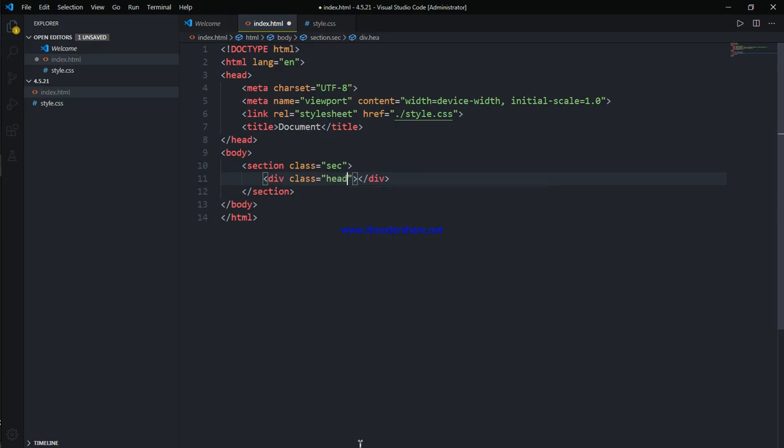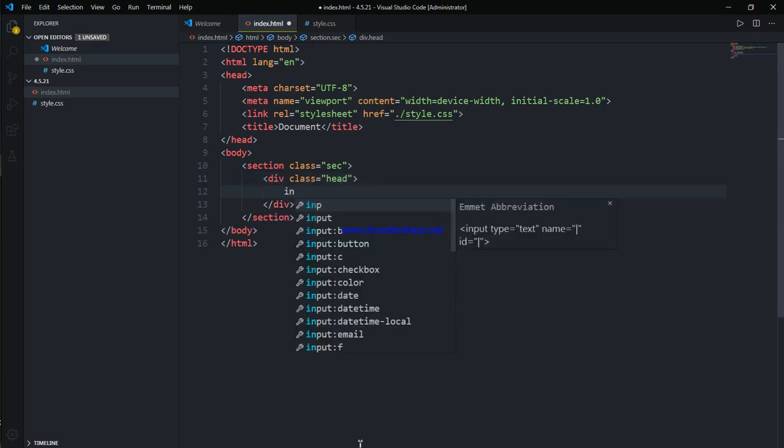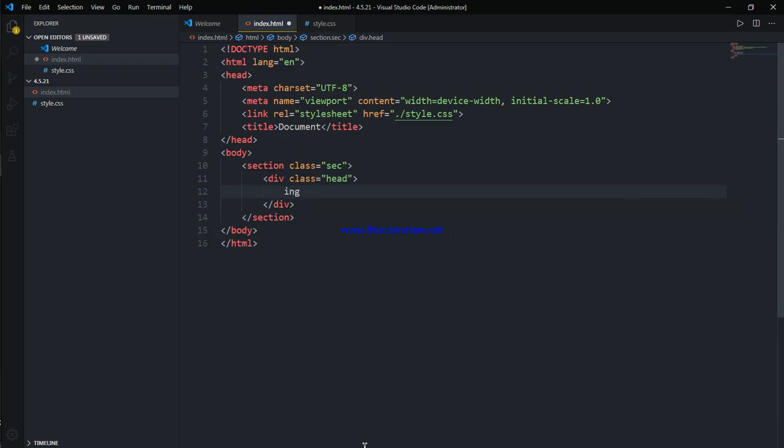or head, and an img tag that needs a source.